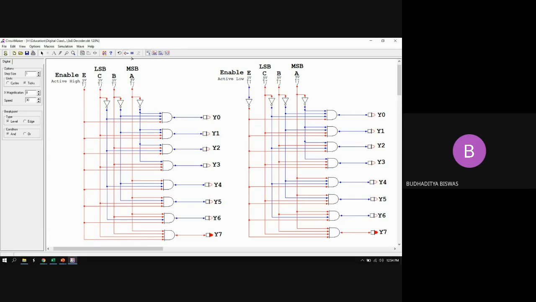Okay. Now let's see the operation. This is the enable active high. So active high means this enable input is directly connected to the 4-input AND gate. And if it is 0, then one of the inputs is always connected to 0, and whatever be the input combination, the output will